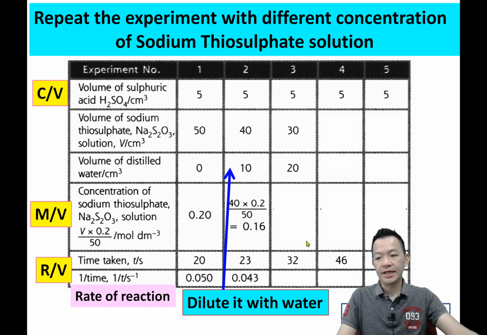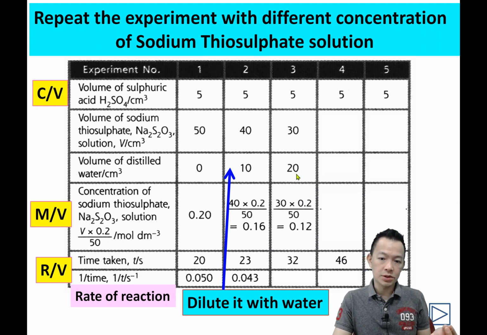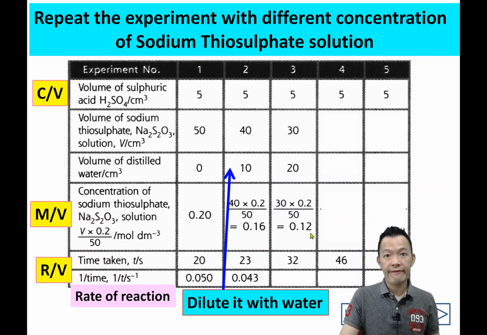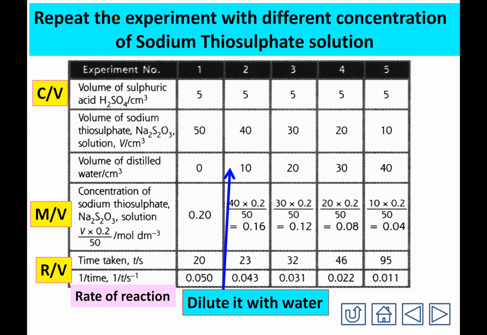So continue, record your data, 继续 record 你的 data. So now I add more water, 加更多的水，the concentration of sodium thiosulfate becomes lower and lower, 越来越低了，and the time taken becomes longer, 1 per time becomes lower 啦，所以它的速度也越来越慢了。So complete your data 啦，给你的 data complete 一下，这就是你的 data。哦，也是 SPM 的 paper 3 来的，这样子的做法其实是一题的 paper 3。And now, after you have your data in the table, they're going to ask you to draw a graph, 对不对？